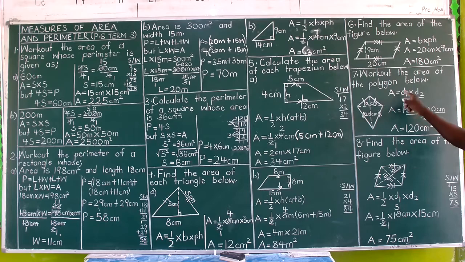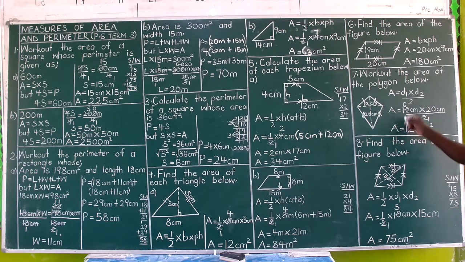So we can say area equals diagonal 1 times diagonal 2 divided by 2, or you can as well say a half times diagonal 1 times diagonal 2. So the area of a kite is found like the area of the rhombus, like we're going to see in number 8. You either say area equals diagonal 1 times diagonal 2 out of 2, or you say area equals a half times diagonal 1 times diagonal 2. So the way we find the area of a kite is the same way we find the area of a rhombus.